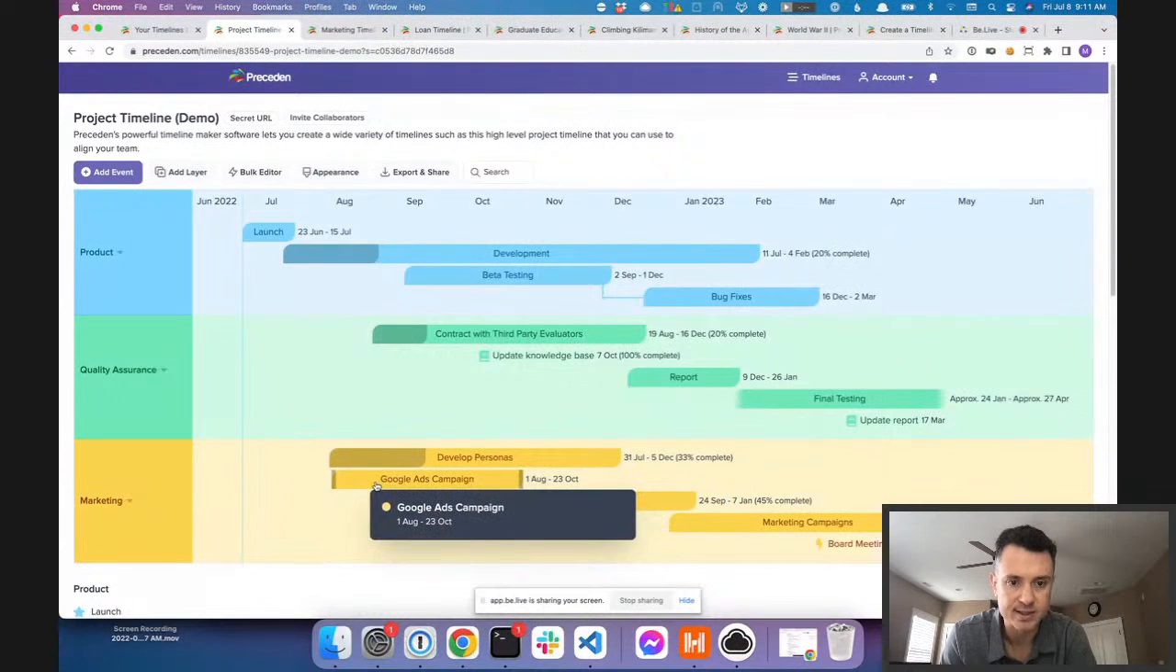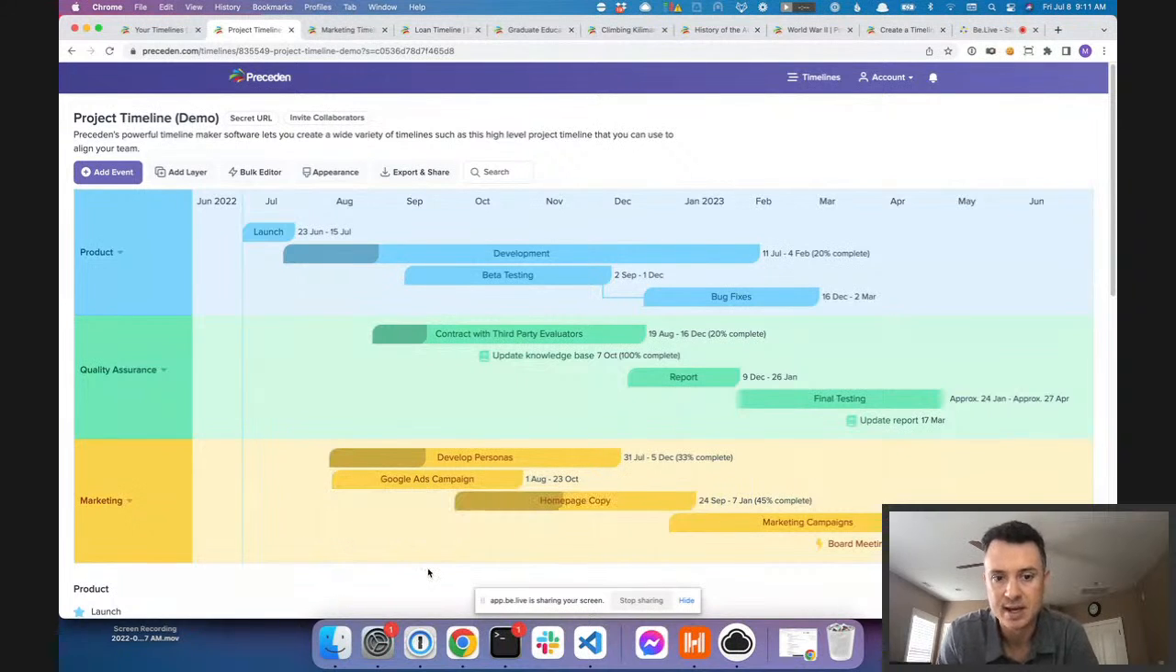And there we have it. We can see that Preceden went ahead and added this event to the marketing layer. It put it in a position that makes sense based on its start date. And for a lot of project plans, they're not going to be fixed. They're going to be fluid. They're going to be changing as the project progresses. So let's say that